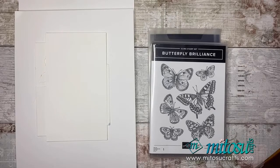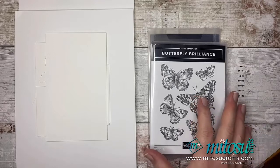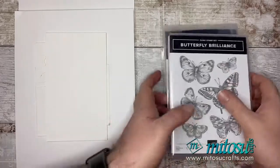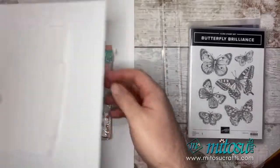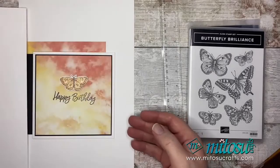So let's crack on with tonight's demonstration. I've got two. The first one I'm going to do is relatively straightforward, simple. I am going to be using a few heat embossing techniques again. And the second one I'm going to be a little bit more daring, a little bit more elaborate, should I say. We're going to be using the detailed dies in that one and creating a nice background. So let me just move some stuff out of the way. Now you would have probably already seen this first card because it was one of the cards which we made for the